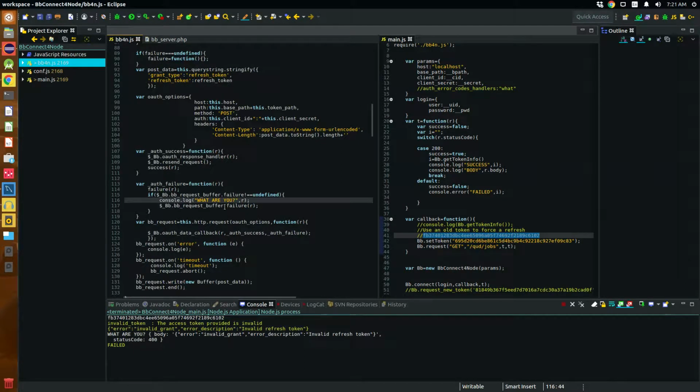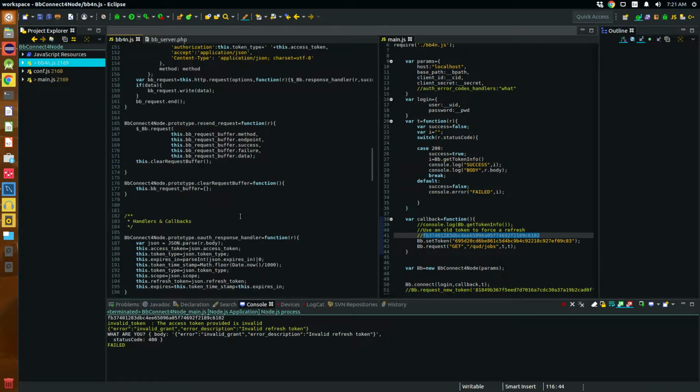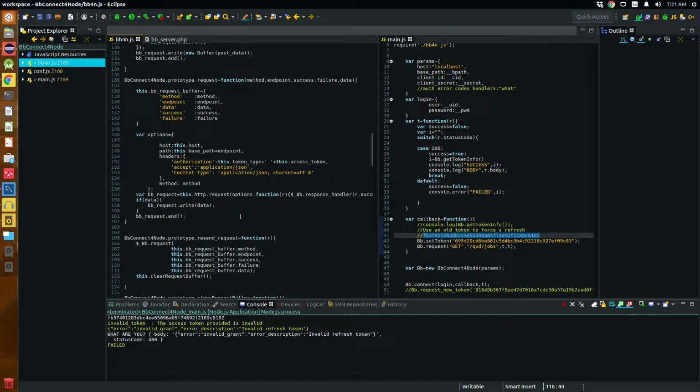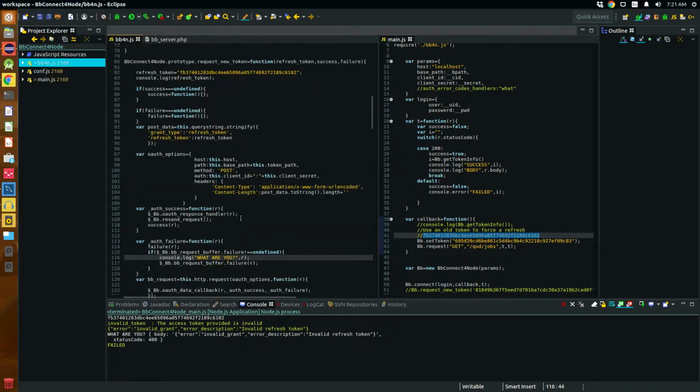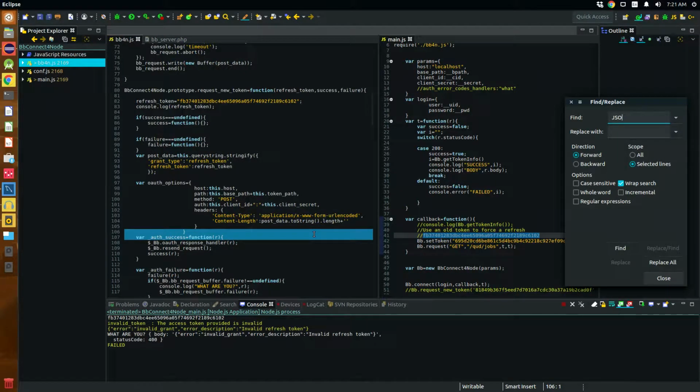Alright, let's parse some JSON real quick here. And yeah, it's early in the morning. And when you switch languages, you tend to forget what does what. So